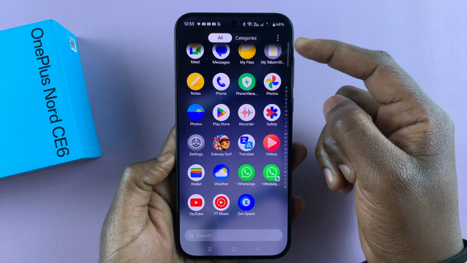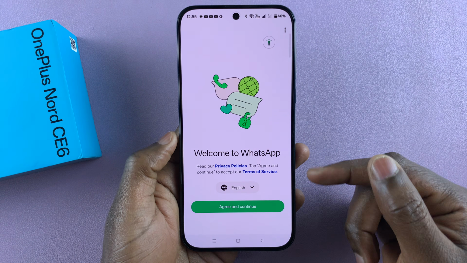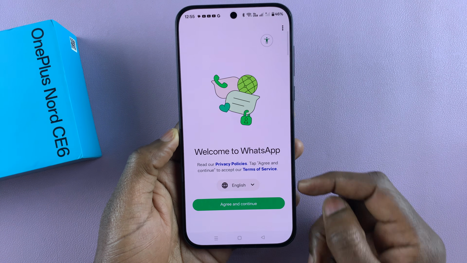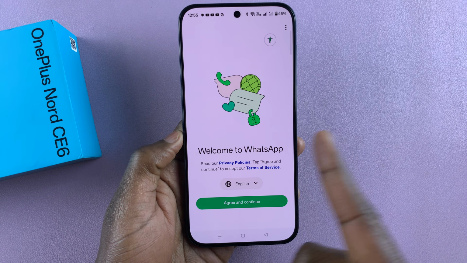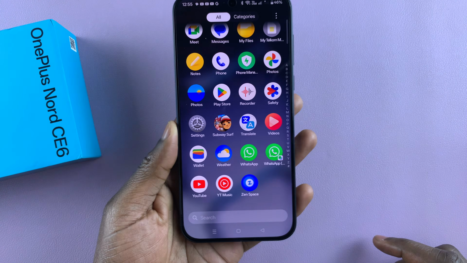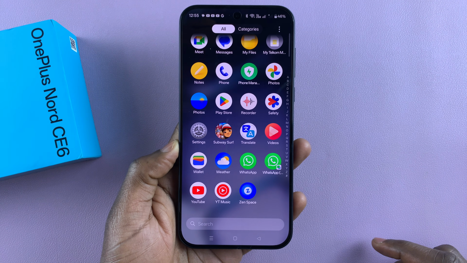So if you have a dual SIM inserted into this phone, you can simply set one of the SIM cards using one of the WhatsApp accounts, and then you can tap on the other one and do the same, and they're going to launch with different phone numbers. But that's basically how to get or how to set up dual WhatsApp on your OnePlus Nord CE6 or CE6